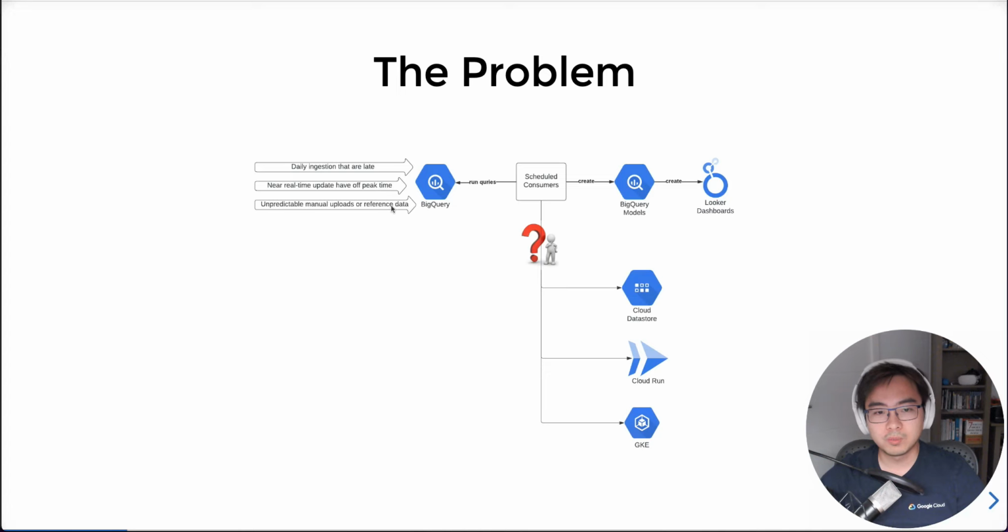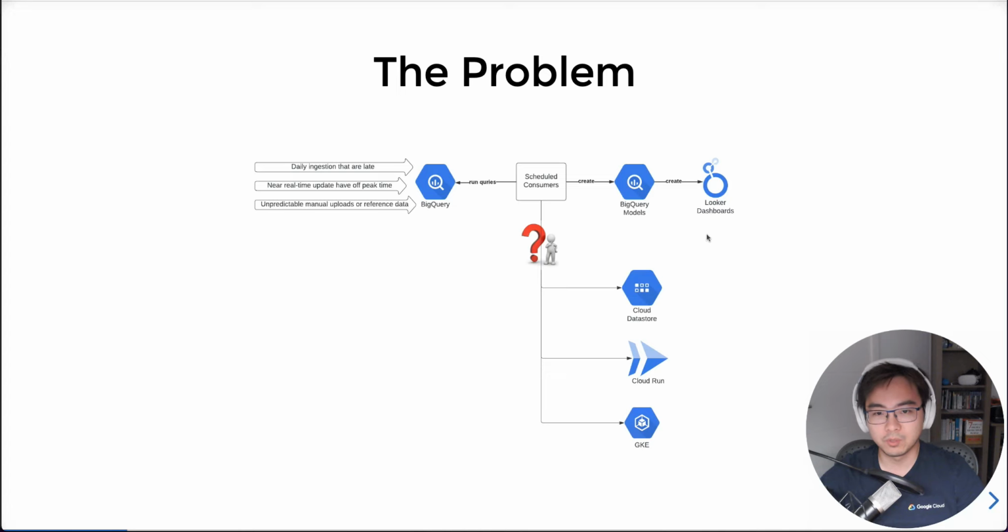The last one is probably the most tricky one, because very often you also have unpredictable file uploads. When these files are uploaded, they get loaded into BigQuery, but you may never know when they actually arrive in BigQuery. So in downstream systems, right, you typically have, the top one is probably the most standard one